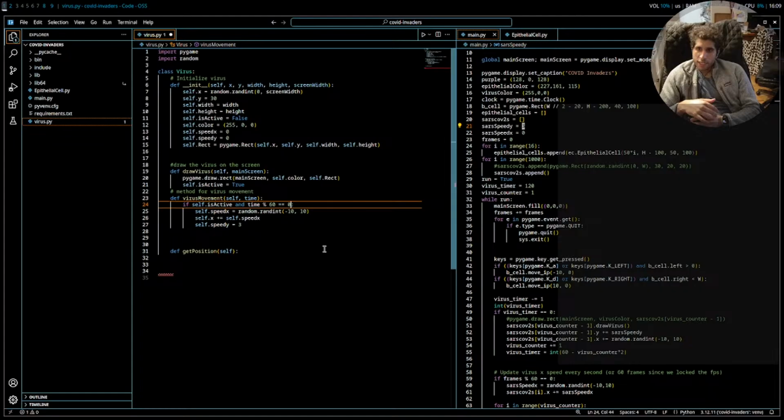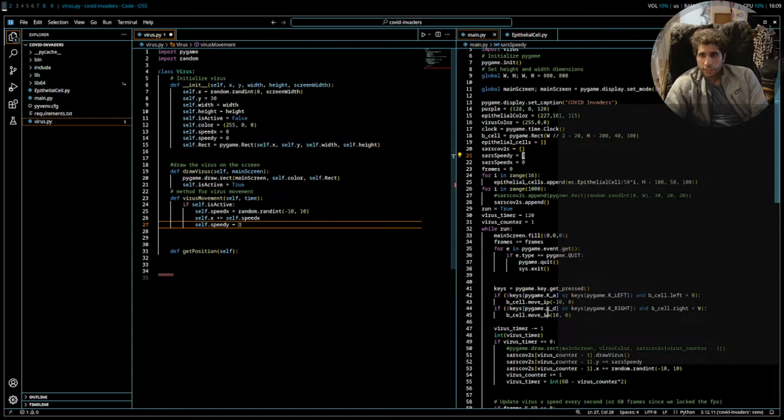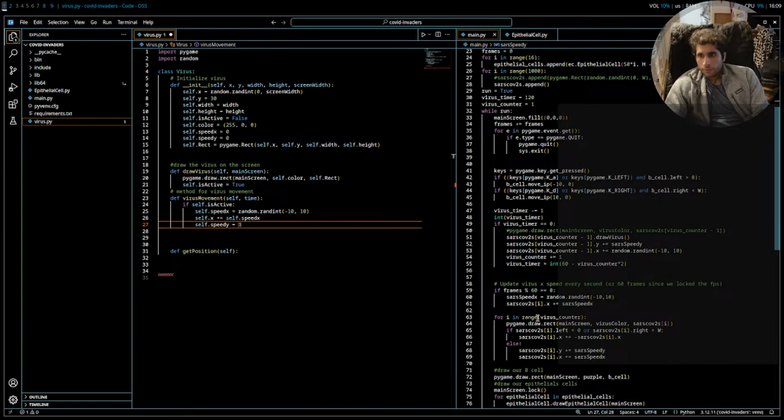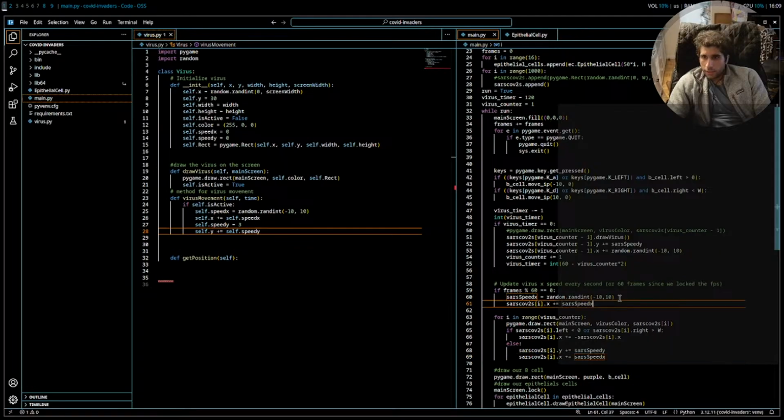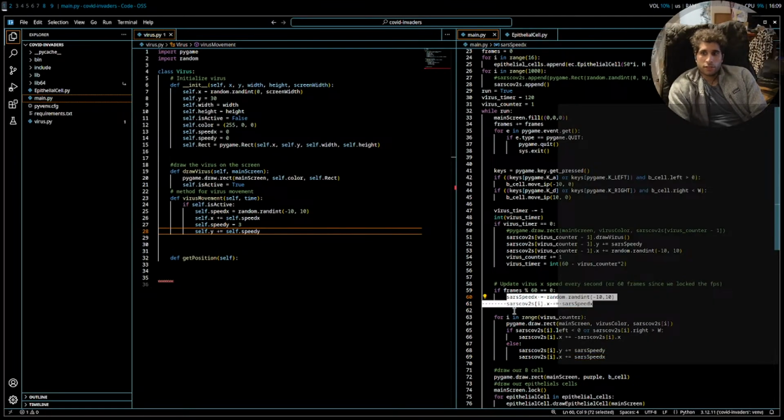Actually, do I even need that? I don't even think I need that. I just think I can just check if it's active and do this, and then here, oh, let me just, before I forget, plus equals self.speed_y, and then here, instead of doing this, I can just cause